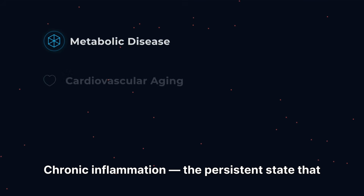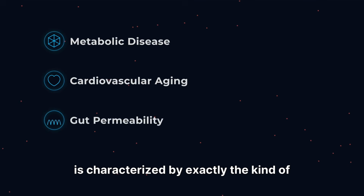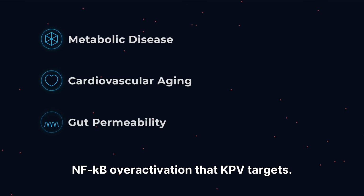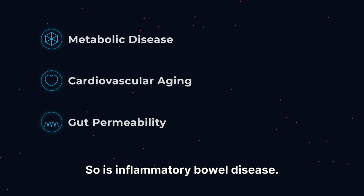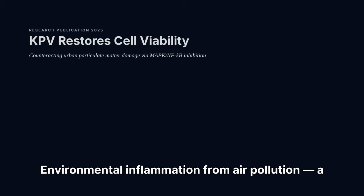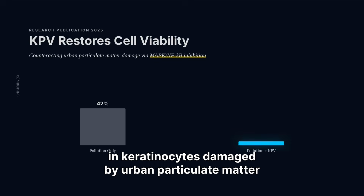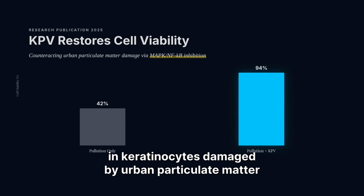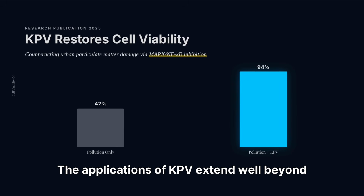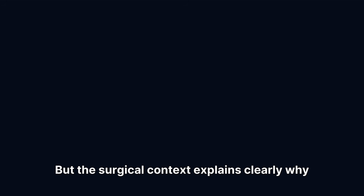Chronic inflammation, the persistent state that drives metabolic disease and biological aging, is characterized by exactly the kind of NF-κB overactivation that KPV targets. So is inflammatory bowel disease, gut permeability, environmental inflammation from air pollution. A 2025 study confirmed KPV restored cell viability in keratinocytes damaged by urban particulate matter by blocking the MAPK/NF-κB pathway. The applications of KPV extend well beyond the surgical suite, but the surgical context explains clearly why it